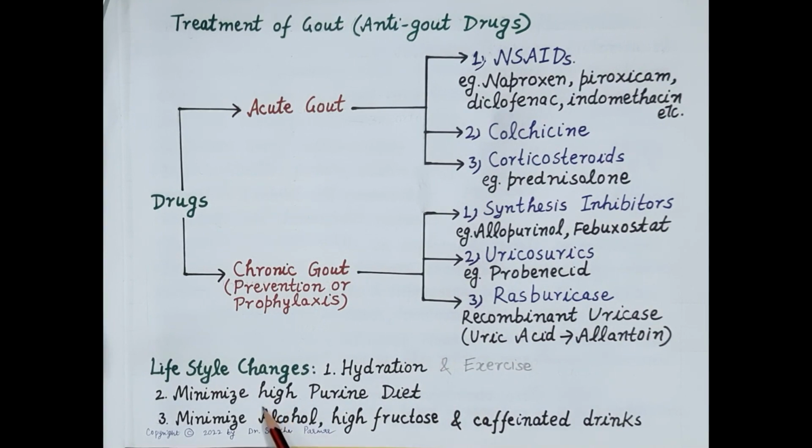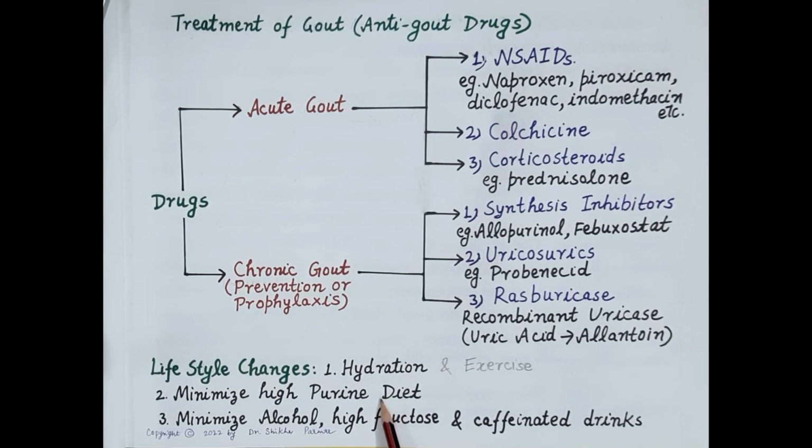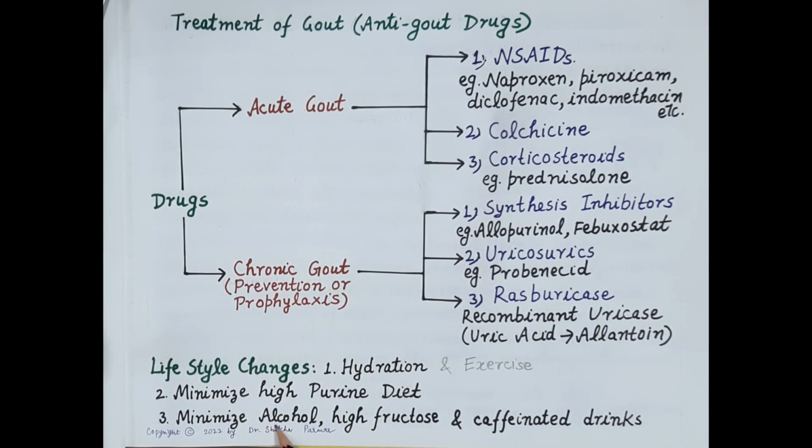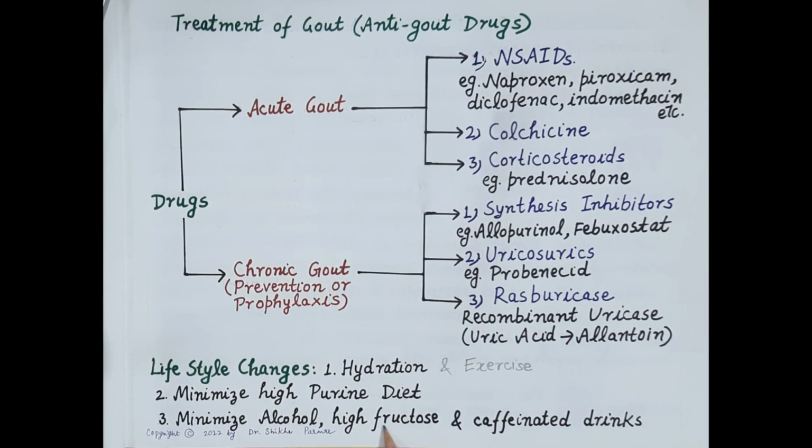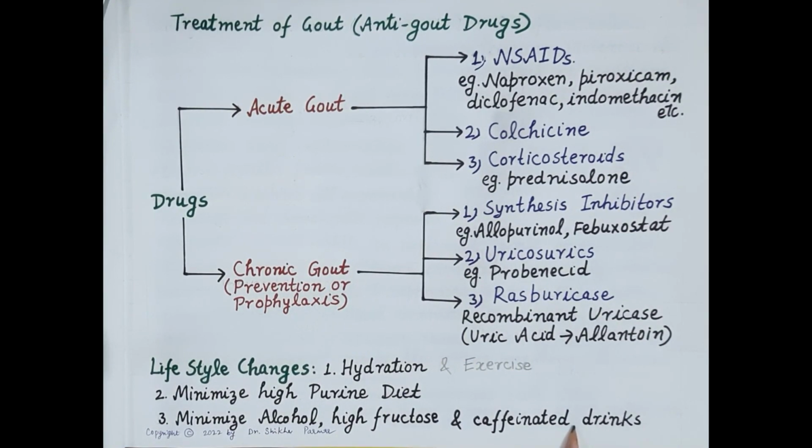gout. Now in addition to this, minimize high purine diet that produces increased uric acid, because when the purines break, they produce uric acid. Now reduce consumption of red meat, reduce consumption of seafood. Now apart from this, minimize consumption of alcohol, then high fructose drinks and caffeinated drinks, because consumption of alcohol and caffeine causes dehydration, which causes the precipitation of monosodium urate crystals, and high fructose drinks increase the production of uric